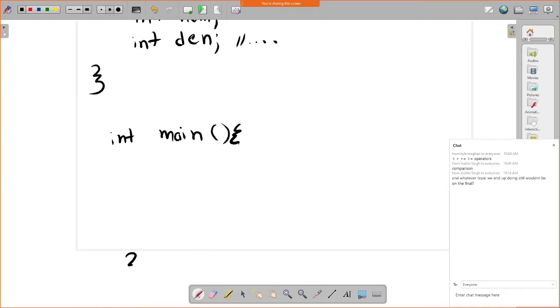So with fractions, maybe it makes sense to be able to write something like this, where we say fraction 1